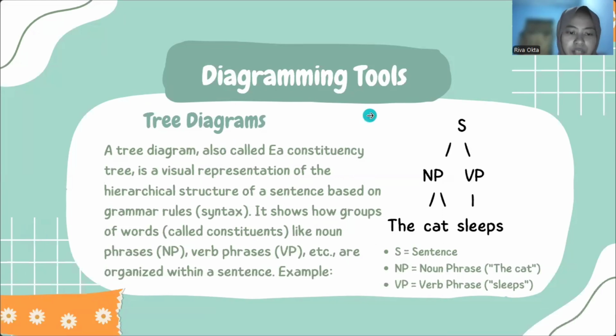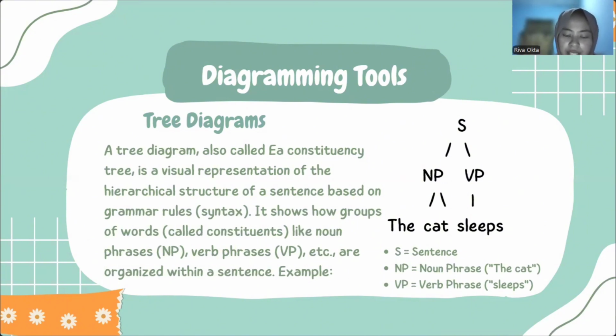A tree diagram, also called a constituency tree, is a visual representation of the hierarchical structure of a sentence based on grammar rules or syntax. It shows how groups of words called constituents, like noun phrase, NP, and verb phrase, VP, are organized within